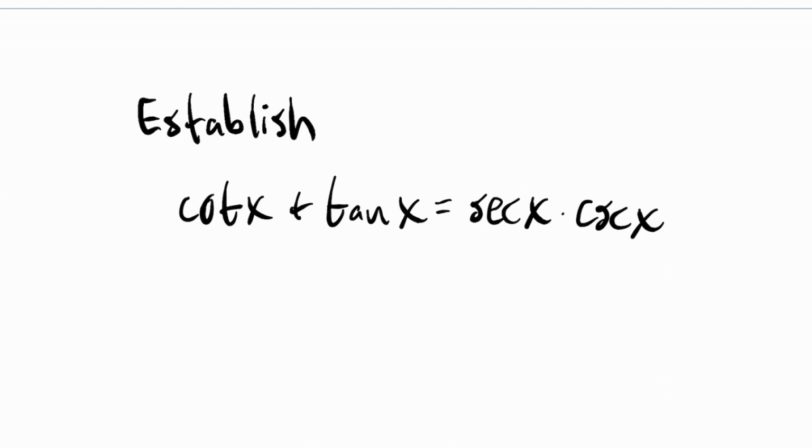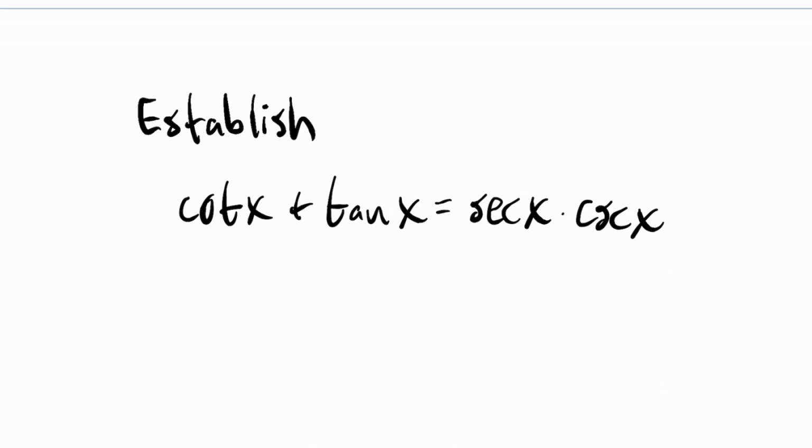Okay, so this video is going to be one in which we establish an identity. We're going to show that cotangent of x plus tangent of x is equal to, for any x, all values, secant x times cosecant x. And there's two basic approaches